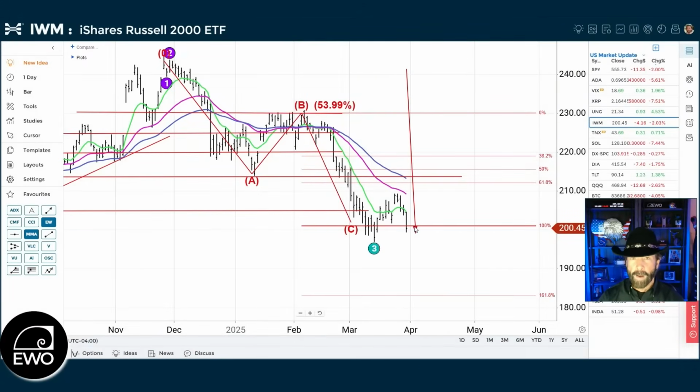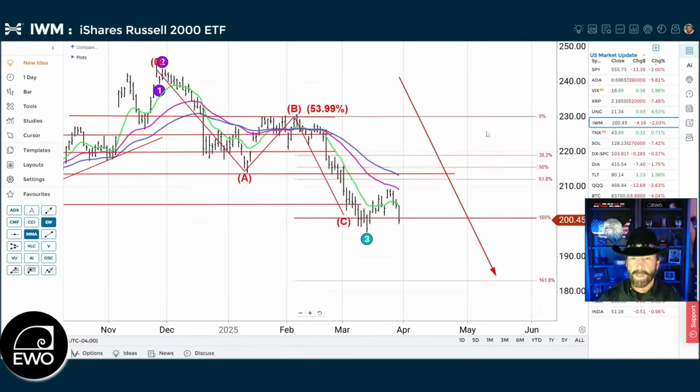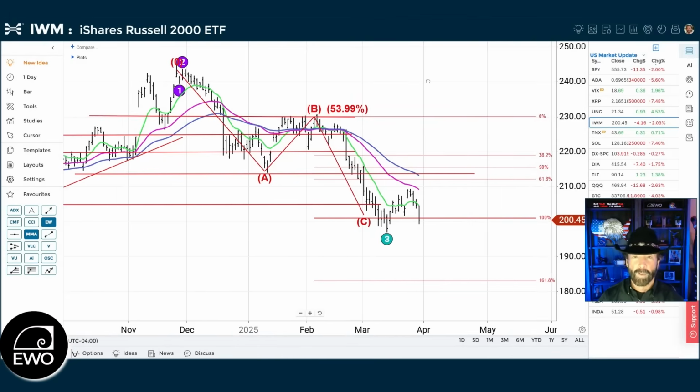If we get follow through on Monday, because we did close below the 200 level or right at it today, if we get follow through to the downside on Monday, we may be looking to march towards that 161.8% extension on this zigzag pattern on the IWM. It's going to take something significant to change. Small caps are viewed as being a bit more aggressive, and nobody's feeling too aggressive or speculative with their positions right now. Everything is caution,